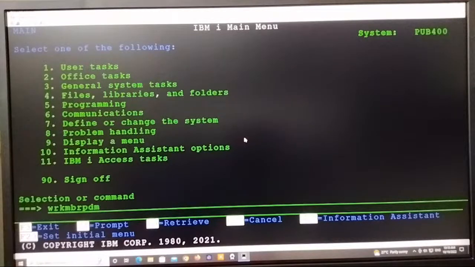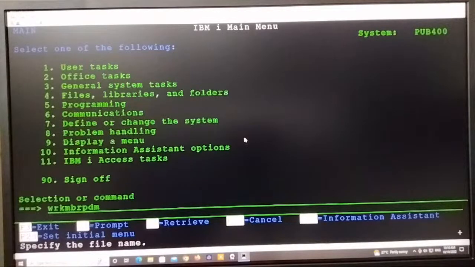WRKMBRPDM means work with members using the PDM tool. PDM is nothing but Program Development Manager. So using that tool, we want to work with a list of members. Once you type this command from the command line and hit the Enter key,